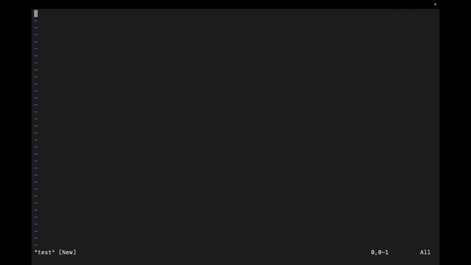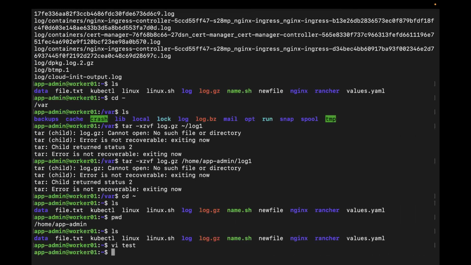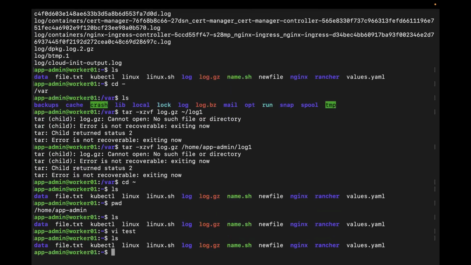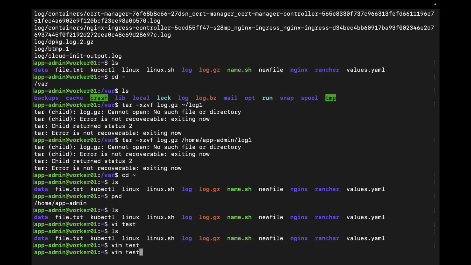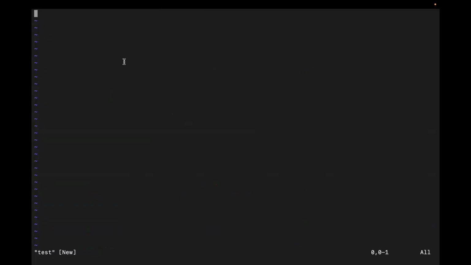Let me escape this. If I ls now, of course, the file is not going to be here because I didn't save it. If you do vi test or vim test, you get the same prompt, so it's either or. I'm going to stick to Vim because I like VI. Now, if you try to type anything,